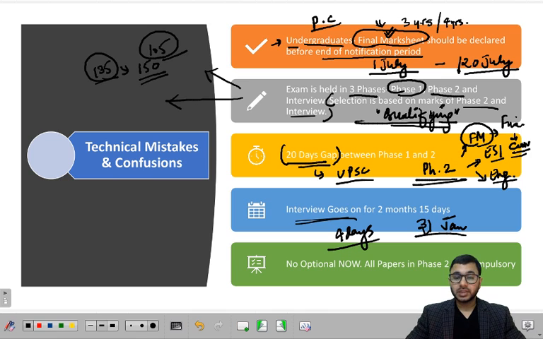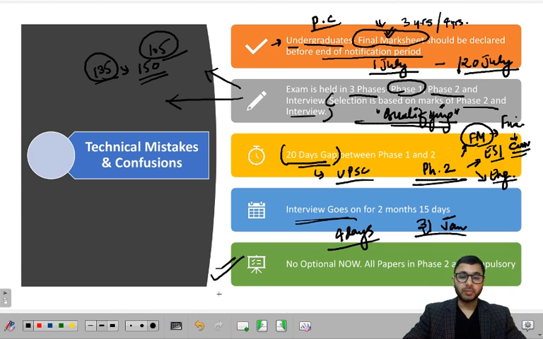Okay, now this is very important. The last point is very, very important. Even now I get a lot of calls and students keep asking me, sir, should I take finance as an optional, should I take stats as an optional, should I take something else as an optional? Well, there is no optional now. I would advise all of you, whoever is here, to go to the official notification once and check the official notification. We all are getting used to relying on all the websites that provide information about the syllabus and eligibility. What happens is a lot of times that information is not updated.